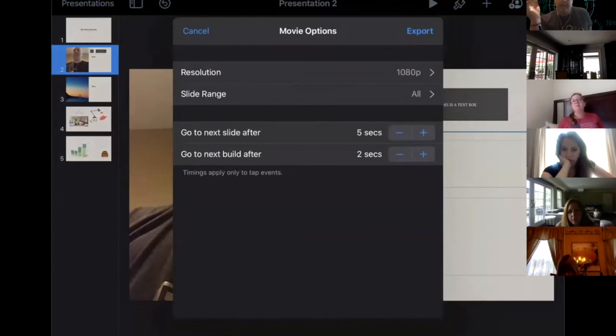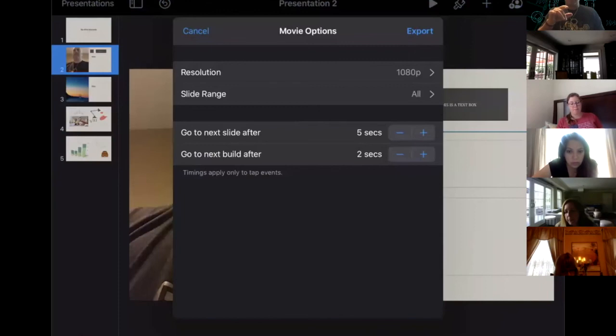And if it's 5 seconds per slide, 5 slides, you could have a 25-second little MOV file that you could then post to YouTube or something, or you have a whole bunch of slides, you can post it, and you notice it says go to next build. Builds are those animations. So if you have all of your animations flowing and you watch it as a Keynote-like presentation and you're like, this is awesome, this is tight, this is great, you could have go to the